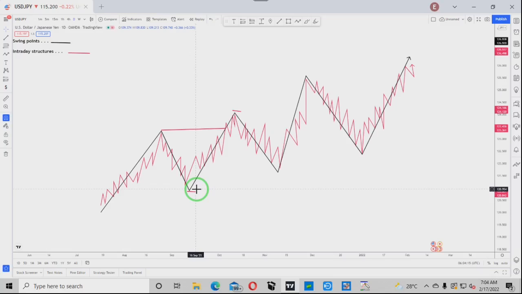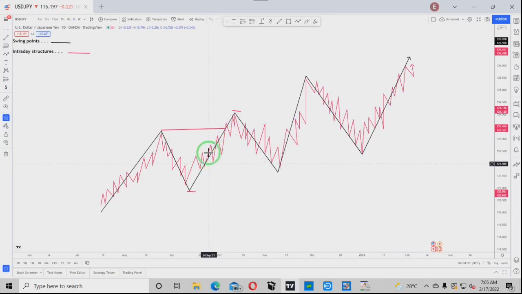Now, what is internal range liquidity? Internal range liquidity is any liquidity that lies in between your swing low here and your swing high. It is the liquidity that is created from the lower time frame that is within your trading range. Do you get it, guys? I want you to understand that. For example, this 15M structure here, this internal range liquidity are all this liquidity here. They are all this liquidity.